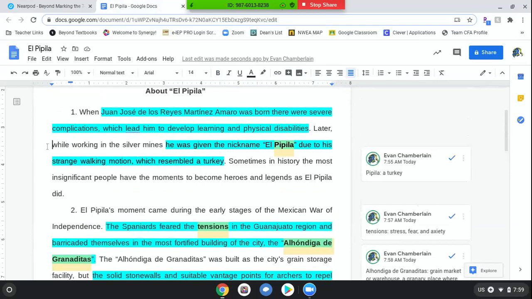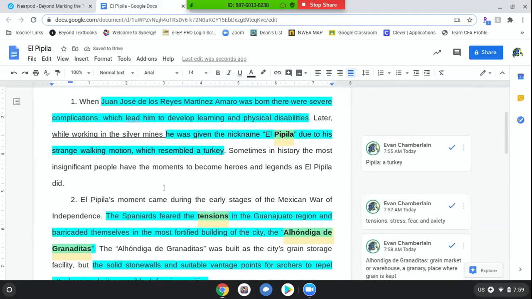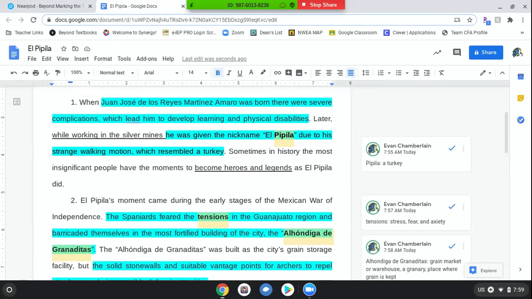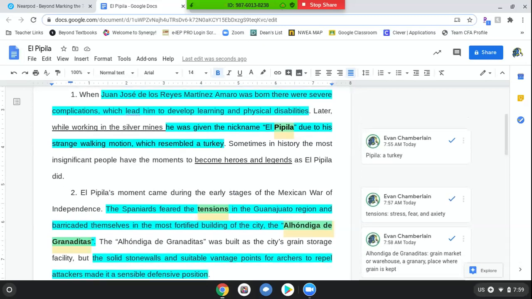Well, we missed that he worked in the silver mines. So I'm going to underline that now. We also see that he became a hero and a legend. So I'm going to underline that now. And that way we won't miss any of the important bits of information. Okay. Once we finish that,